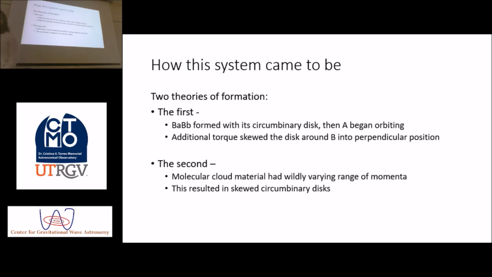So we first have system B, and it has this disk, right? Yes. Then A comes. Right. And it has a torque, right? Well, why would it? So depending on how it comes. Yeah. So it should come at an angle to cause a torque, right? Because if it comes perpendicular to the plane, right. So it does all depend on the direction from which A first approached. Okay. But they assume that it approached from a direction that would cause the disk to become perpendicular. They don't specify what angle that must have been at, but they do say that it's possible. So that's what they do there, they theorize that it's possible.